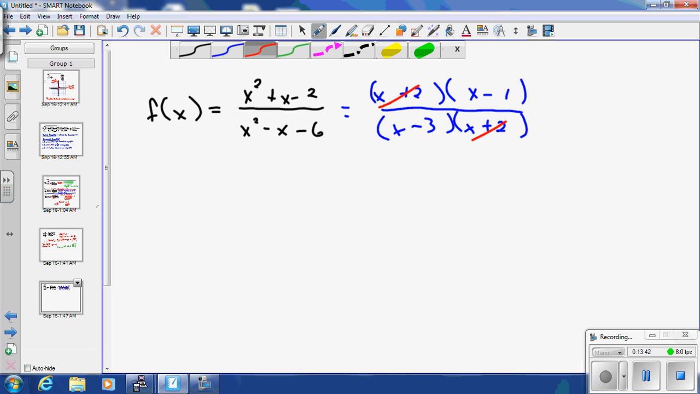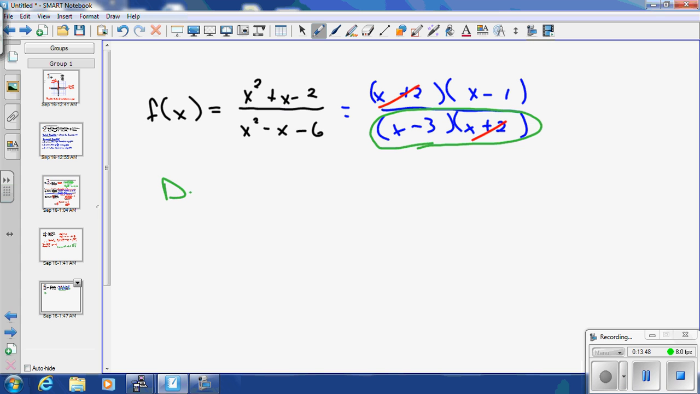However, when I look at the entire denominator, things that make this 0 are not part of the domain. So my domain is going to equal all real numbers that are not equal to 3 or negative 2. Suppose I should have written the negative 2 first because it's smaller. But that's my domain. As for the asymptotes, though,